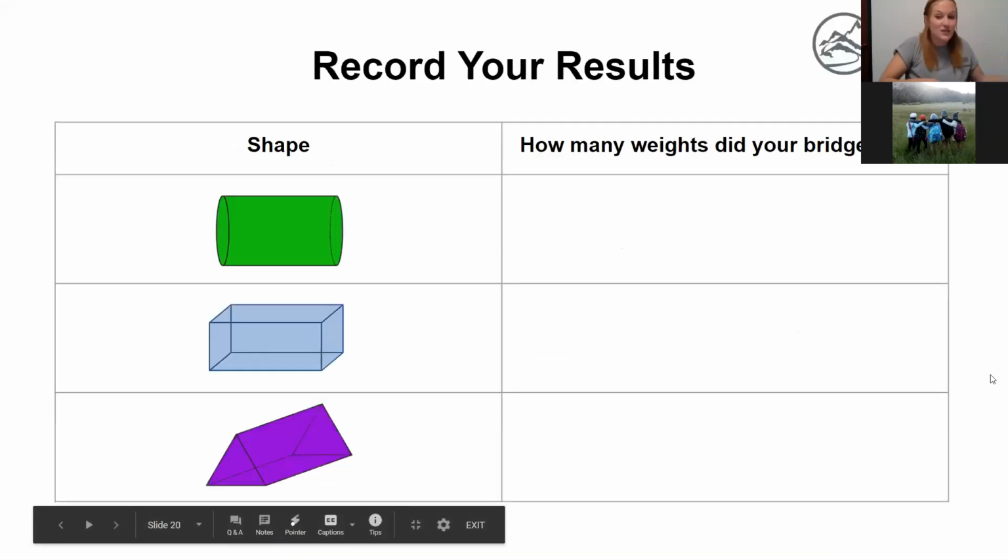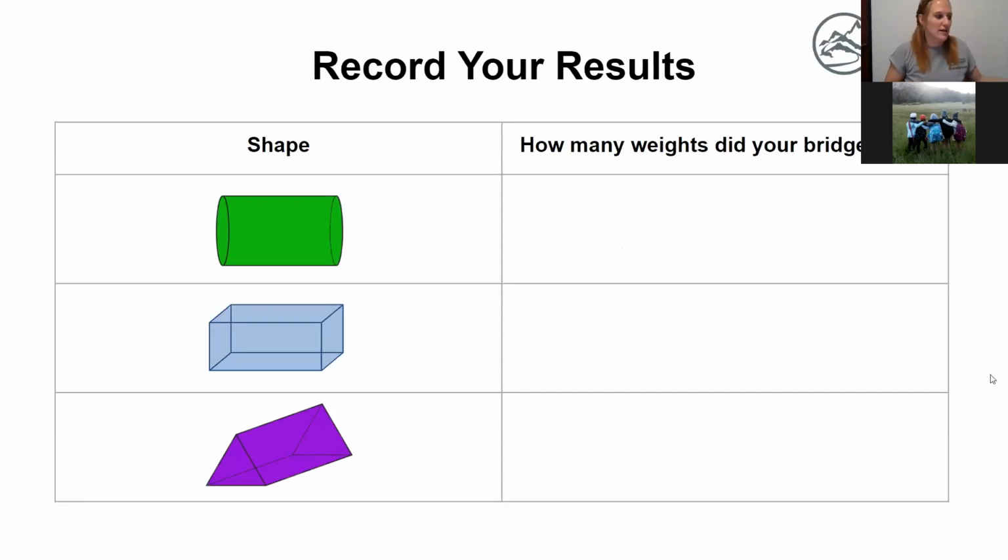If you are finished and you want to remember how much your bridge held, you can choose to either write it right on your bridge, or if you'd like, you can copy this table that's on the screen onto a piece of paper. Now, my first bridge that I made was the rectangle bridge, and my rectangle bridge held 20 pennies. So under the box, this is how many weights did your bridge hold? I'm going to write 20